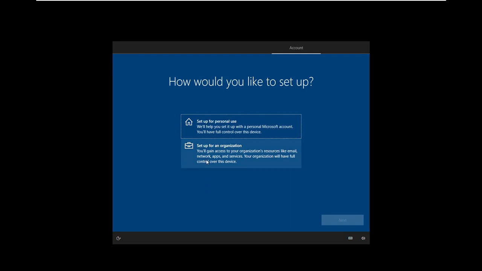So this option asks whether you want to use it for personal use or join an organization. If you set up the organization, it will go on to join the domain. But I don't have any organization or domain, so I'll go with setup for personal use. I select this option and then I say next.